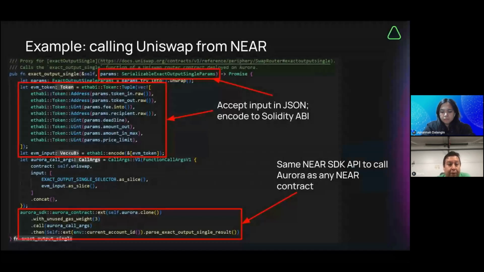Then, with all the information encoded, you just set the arguments you need to send, and with this encoding you create the arguments you need to send to Aurora. Then, using the SDK, you send the information as a single batch, and it should be received in Aurora. It's the same concept, right?